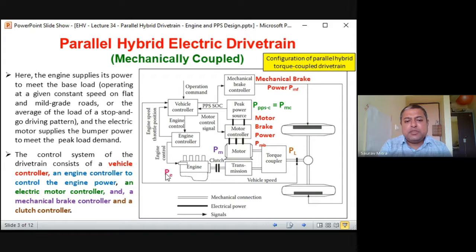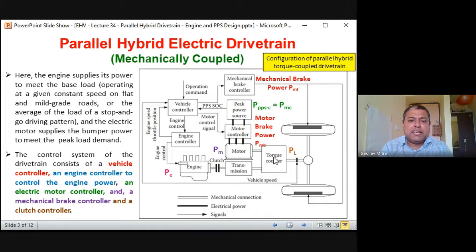So PE actually does two things. One is driving the load and driving the PPS till the PPS goes to 100%. As soon as the PPS goes to 100%, again this PPS SOC comes to the vehicle controller. Vehicle controller gives the signal to the engine controller, and engine controller stops the engine. Then the PPS starts giving all the power to the motor. Then again PPS discharges, again charging. So this is the PPS on off state that happens, and this part was explained yesterday in the second control part, that was thermostat on off control part.